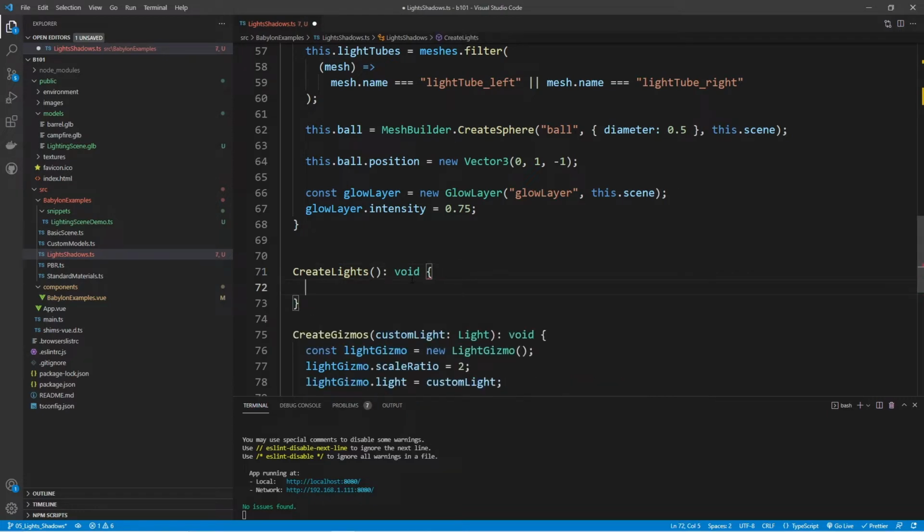Now, the first light we're going to take a look at is the hemispheric light. The hemispheric light is something we've covered in previous videos, but now we're going to go a little bit more in depth with it by adjusting the colors of that hemispheric light